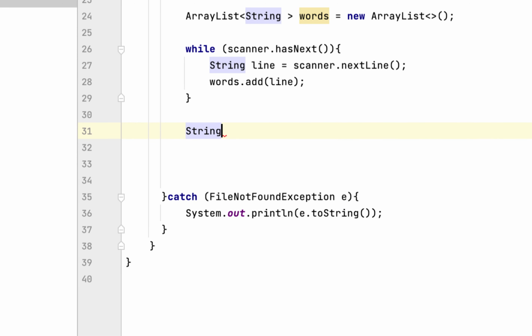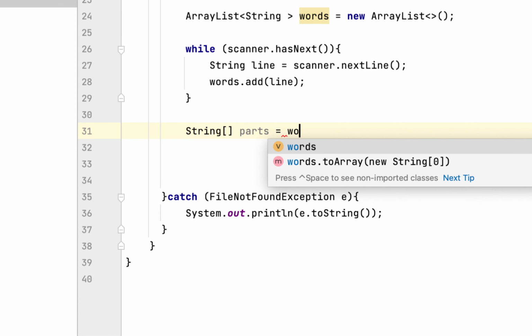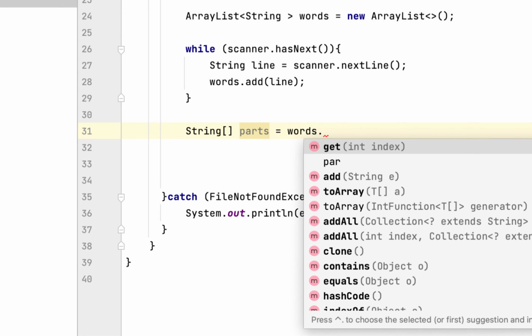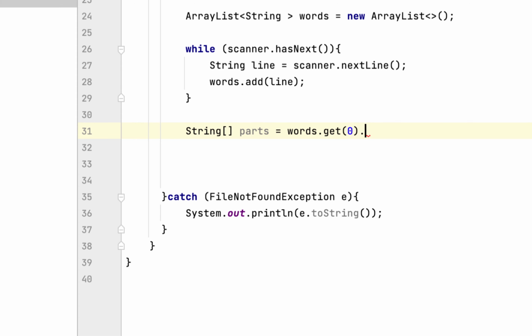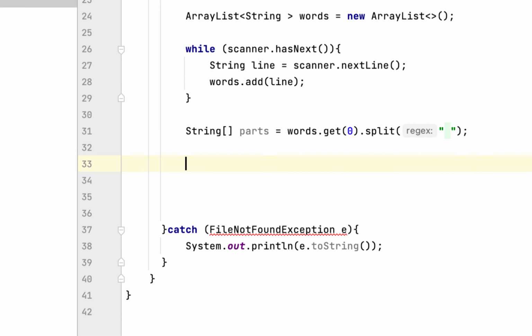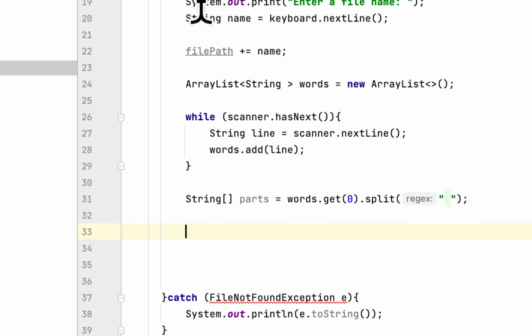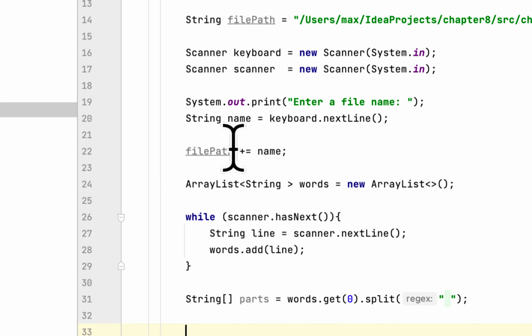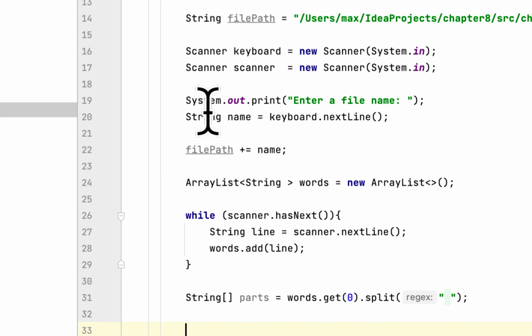I will use another string array. I will say parts, and we will say words get 0. Then we will split. We'll split using the space. And I forgot, in this